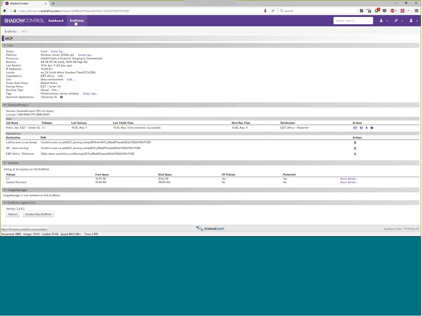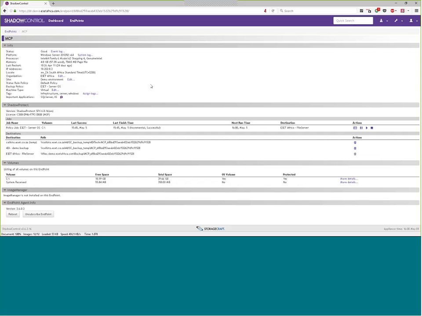If I've got, say, many customers enrolled into the system, and thousands of endpoints subscribed, aside from just drilling down into a particular organization from the dashboard, it might be far more useful to tag them with logical values such as servers or Windows or infrastructure, so that you can easily search for any of the tags that you use in order to find all of the machines that are maybe servers and find all of the machines that are running Windows in order to cater for those with a particular policy or to review their status as a result of a new policy that has been implemented or something like that.